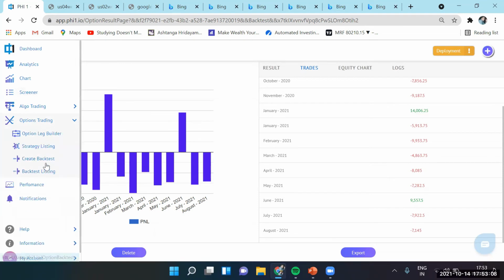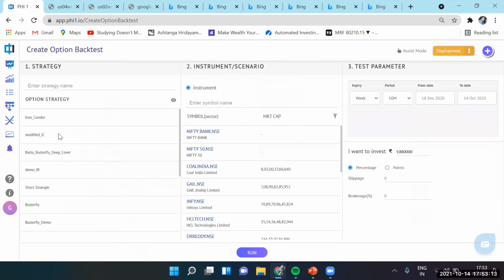Okay, let's just for our exposure, let's run the same strategy, same modified iron condor on Nifty.